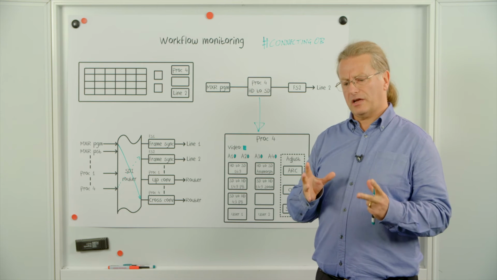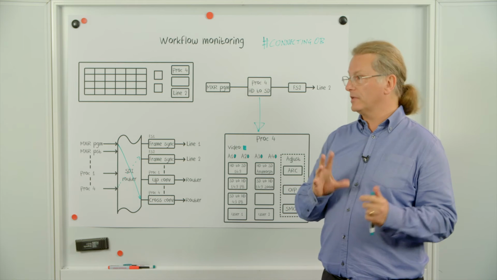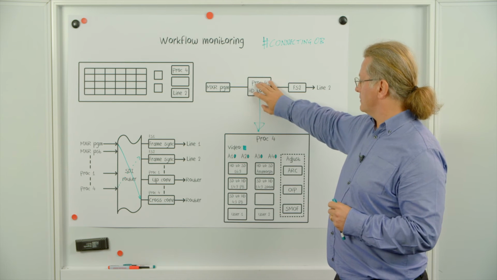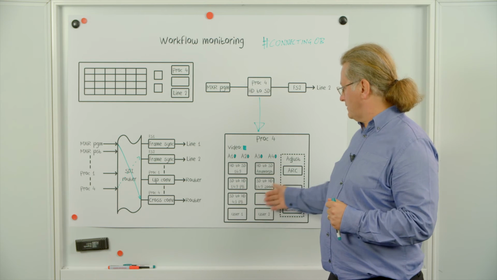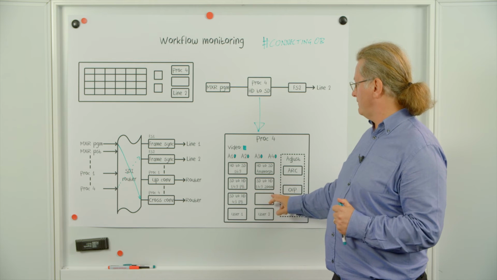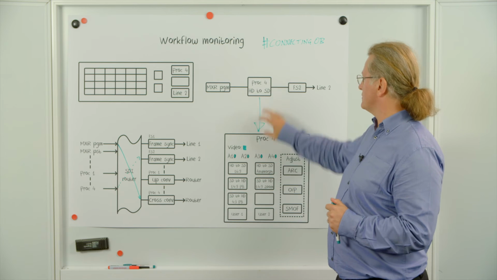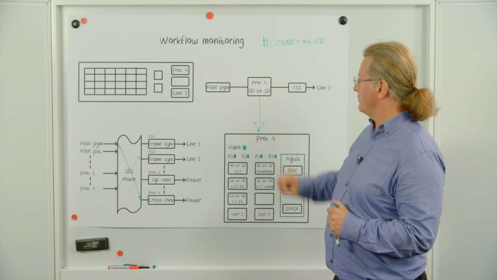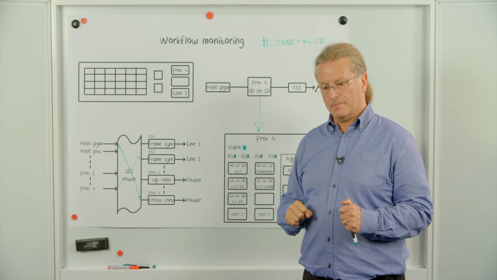But diagrams don't have to be limited to just information display. They can become control panels in their own right. So if this was a button, I could click on it and a little pop-up screen occurs. And on it, I can see the different transitions I can make Proc4 do. So I can make it do a different thing. And it's also showing me the video status and also the audio status of the signals passing through it. So a lot more information can be determined by showing this on a workflow.